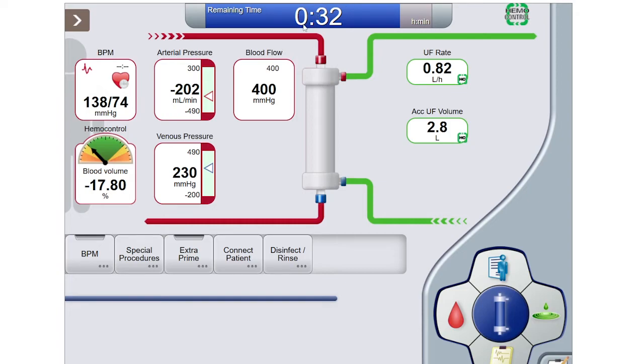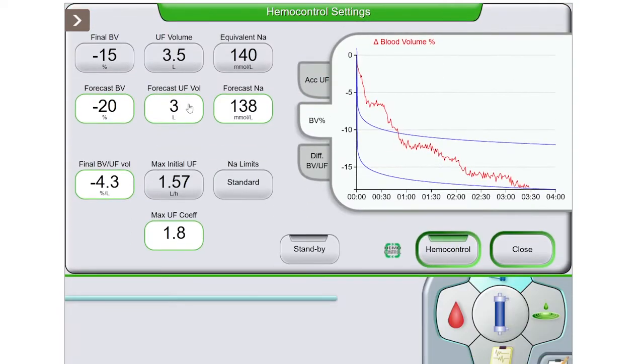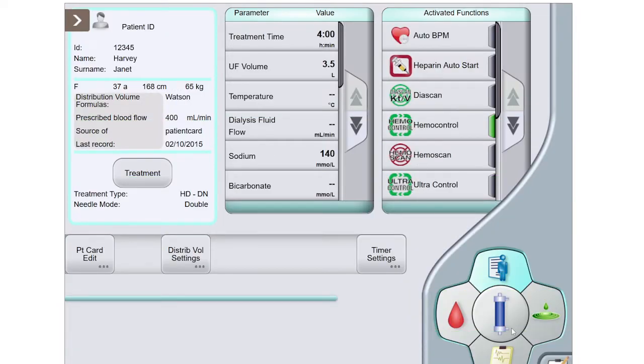In this scenario, we only have 32 minutes left in the run, so we're right at the very end of the run. We haven't made very many adjustments. Their blood pressure is looking stable, and their blood volume has decreased by a decent margin, but again, they're stable, no concerns. But if we look at our HemoControl values, we're trying to get 3.5. It's currently forecasting that we're only going to get 3. We're not going to make up that 500 milliliters typically in the last 30 minutes of treatment